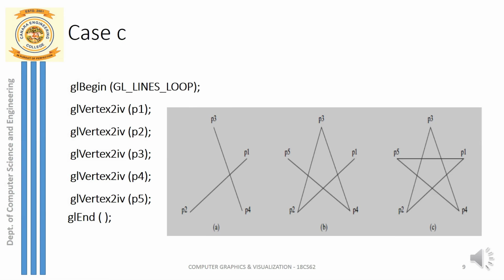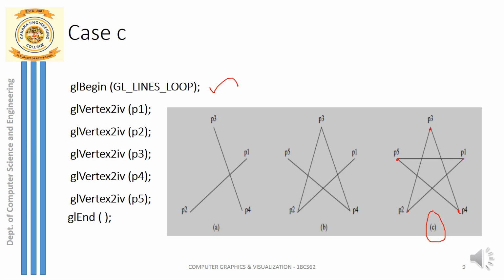I have now case C, where the third type of line is drawn, and you can just concentrate on this case C, wherein I can start drawing the vertices by choosing the first point P1. Next point is P2, wherein the first line is drawn. Continue drawing. Next, third point is P3, fourth one is P4, fifth one is P5, and then now you can compare case B with case C.